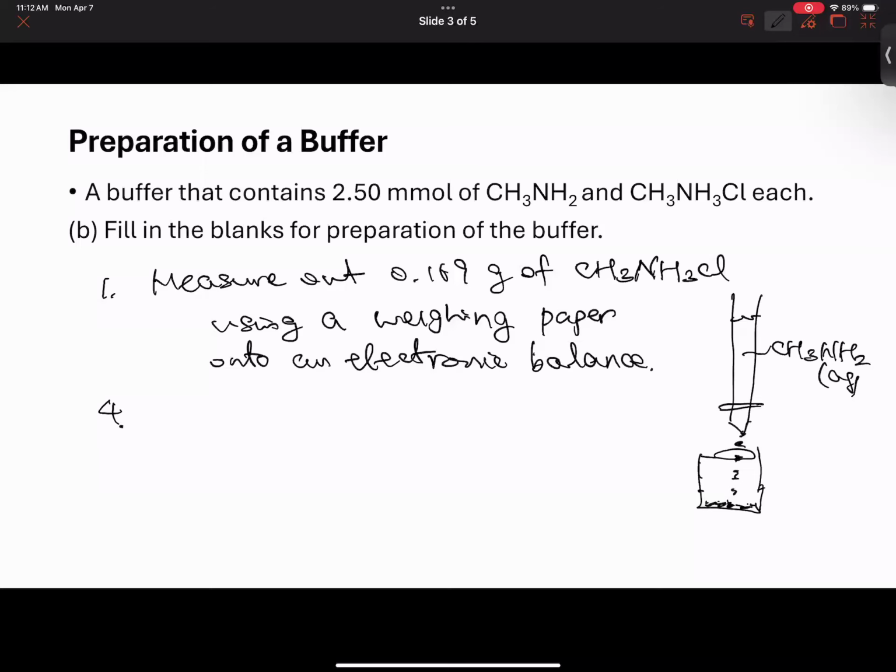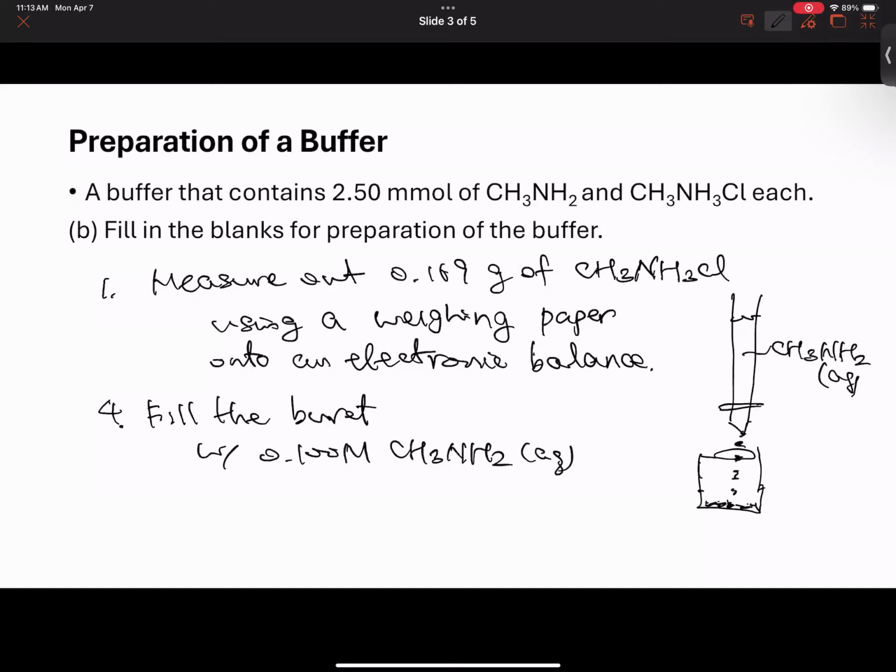So then we need to fill the burette with the solution, with the 0.1 molarity of methylamine solution, CH3NH2 solution. And when you add, number 5, we'll be using the burette to add 25.00 mL. Remember, the burette allows you to read up to second decimal, so do not forget 25.00 when you write the answer. For example, when you are asked to write the answer using the burette, add 0.1 molarity of methylamine solution to